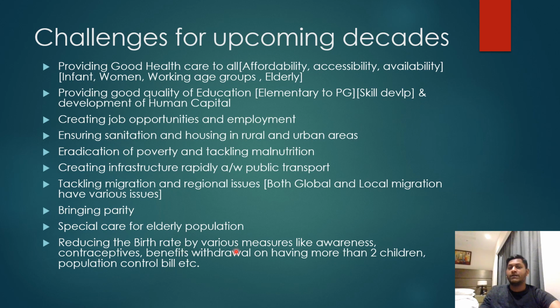Reducing the birth rate by various measures like awareness, contraceptives, benefits of withdrawal for having two or more, now population control bill. All these things, so we have experimented with some, some we are yet to try, but we'll keep on doing innovative measures in order to control this population growth. Okay,